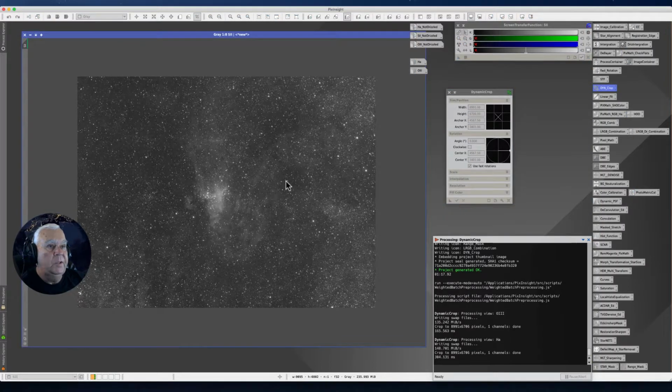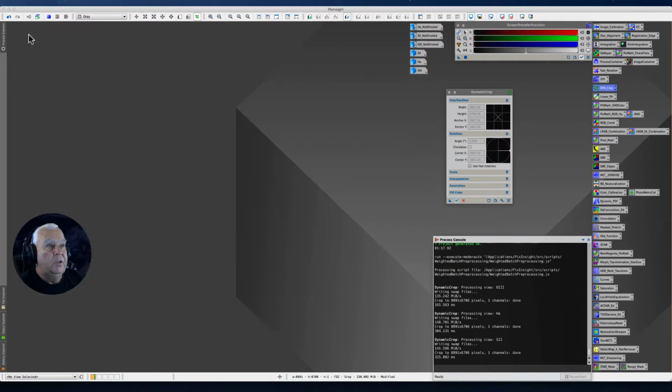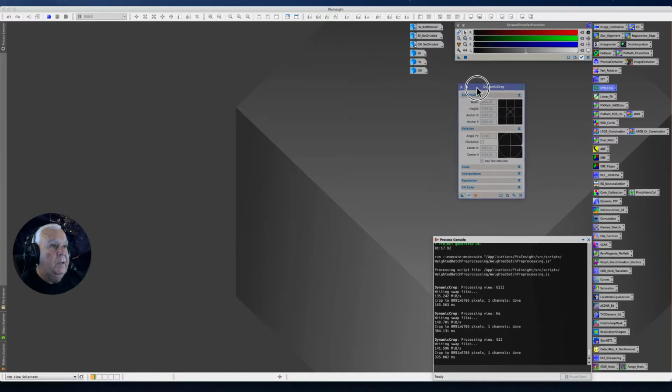Just make sure this is the one you actually perform the crop on using the dynamic crop tool. Make sure you don't crop it until you've applied the process to the other images that you want to have the identical same size. Now all of them are. So we perform the crop feature, and it's time to combine those